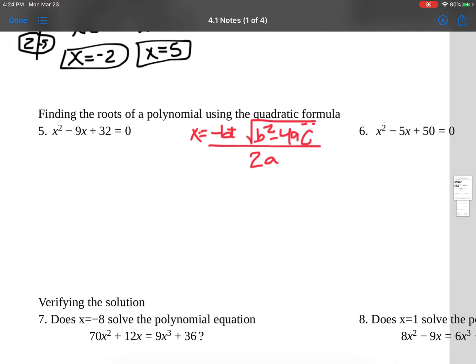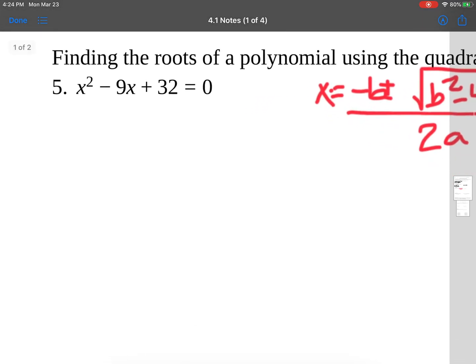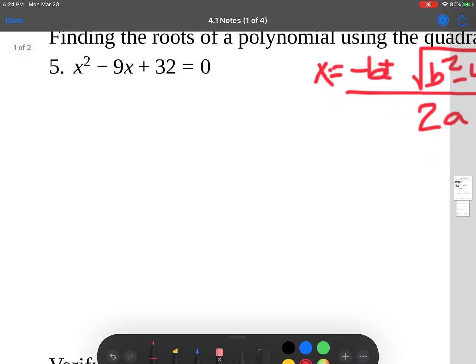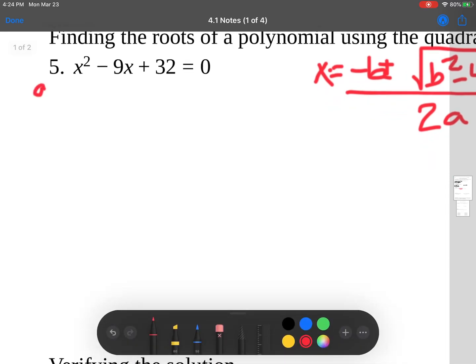So we'll need to take each problem and do our a, b, and c here. If we take a look at number 5, my a, b, and c: a is equal to 1, b is equal to negative 9, and c is equal to 32. We'll plug this into the quadratic formula. So x equals negative b, so we already have a negative 9, so that just turns into a positive 9,